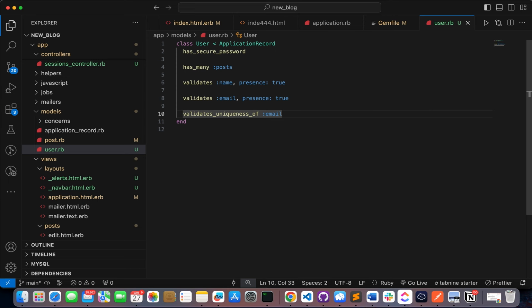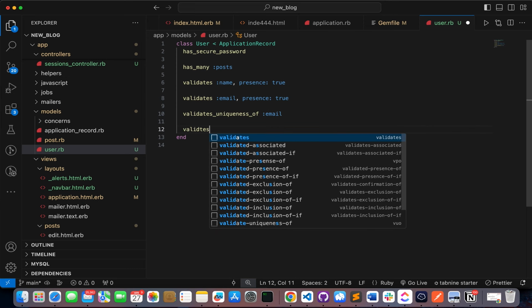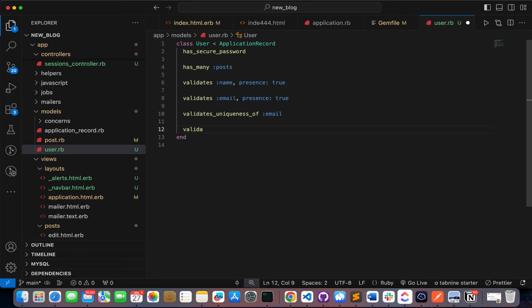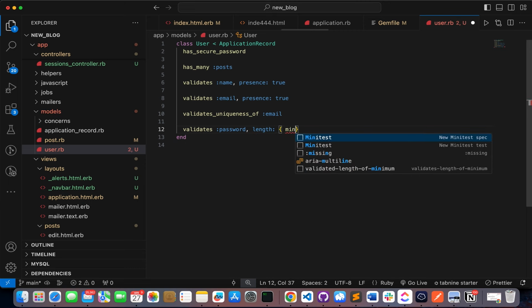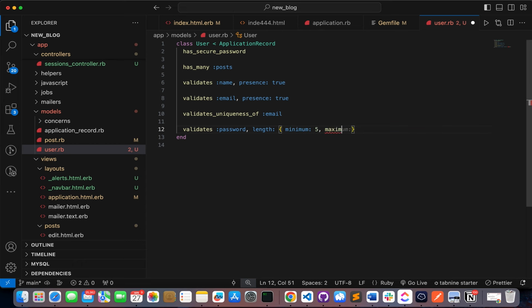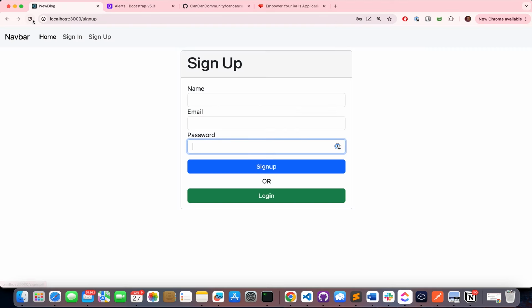So let's add a validation of validates, and we want to add a validation of the password, and what we want to do is add a validation on the length, and the length should be minimum of 5 characters and then maximum of like 10 characters. Okay, so now if I submit the form again, let's try to use a different email, test,